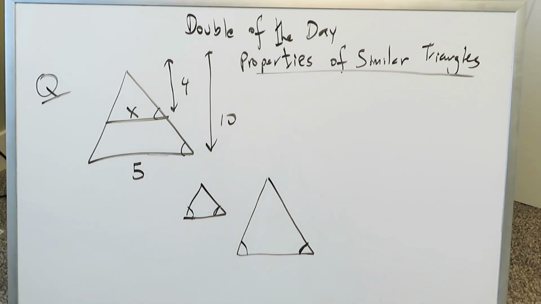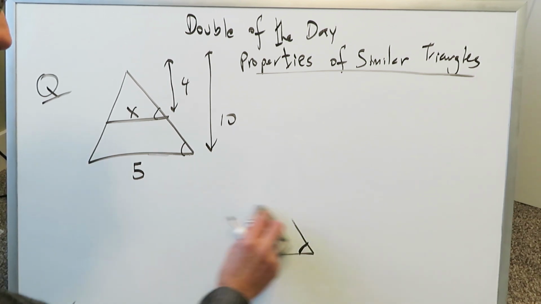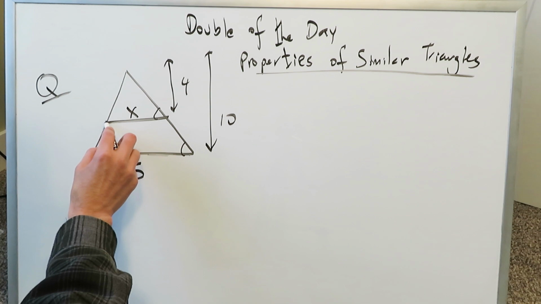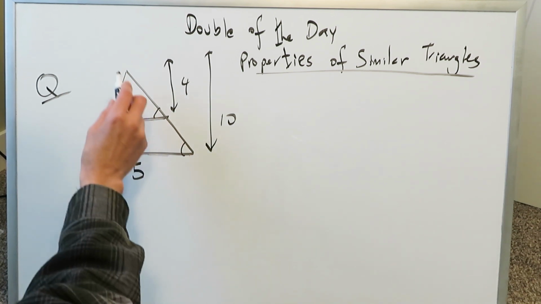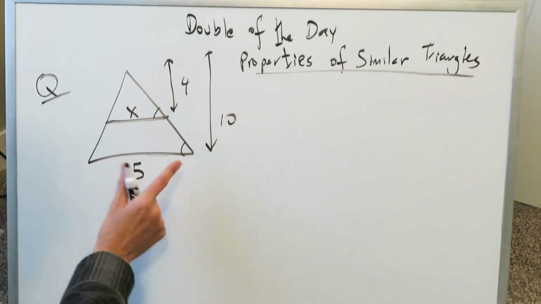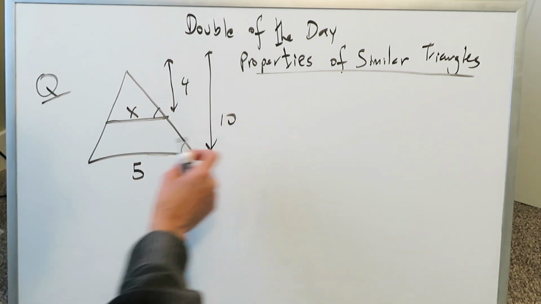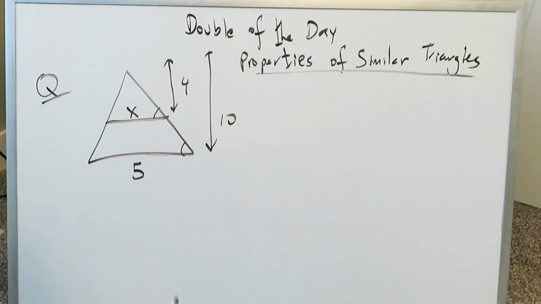Remember, when you have questions related to similar triangles, much of your computation will be based on ratios and or proportions. You have to find the length of this base of your small triangle given the base of your large triangle, a certain height and another certain height. And the best way to proceed with this, using the fact that we have similar triangles presented here, is